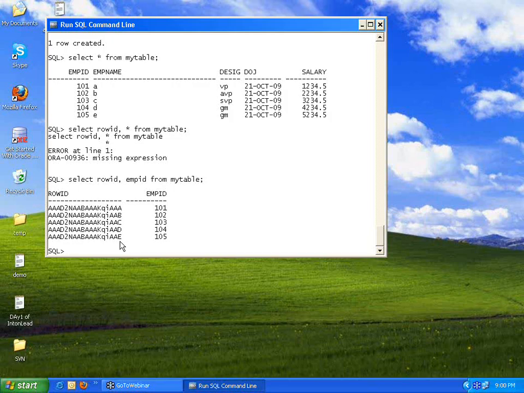We talked about alter table: adding a new column, dropping an existing column, renaming a column, increasing the width of the column using the alter table command. Then we talked about delete, truncate, delete with where condition, without where condition, truncate. And then we saw the having condition with aggregate functions, then row ID. This is what we have seen in today's class. Now I am open to doubts with respect to today's class.